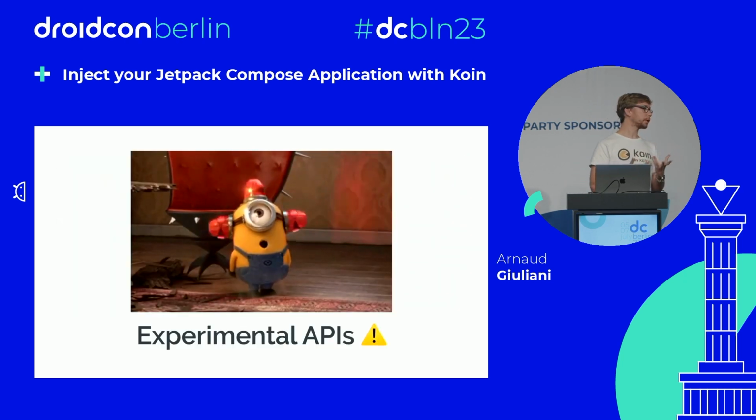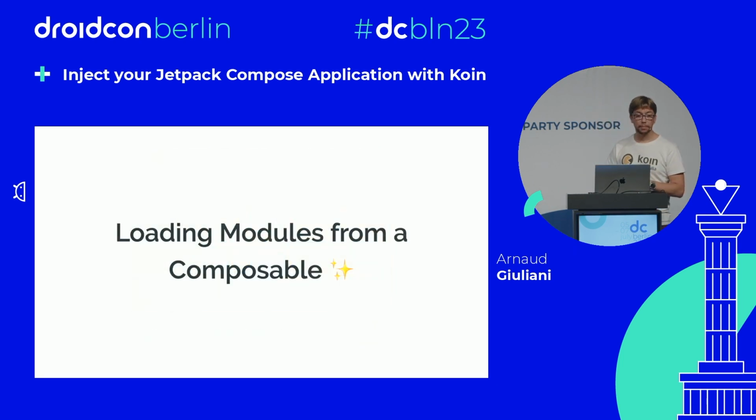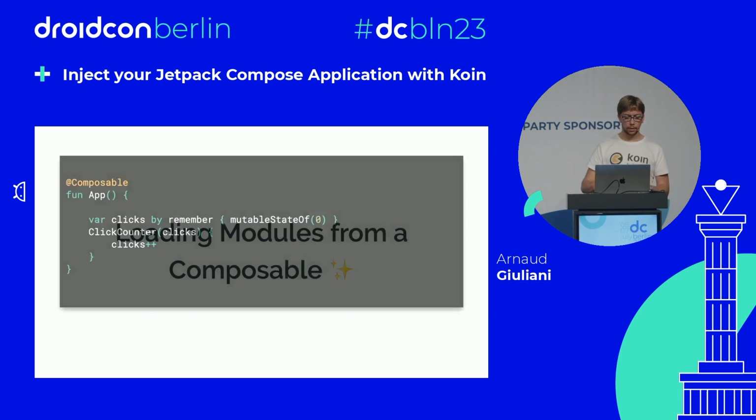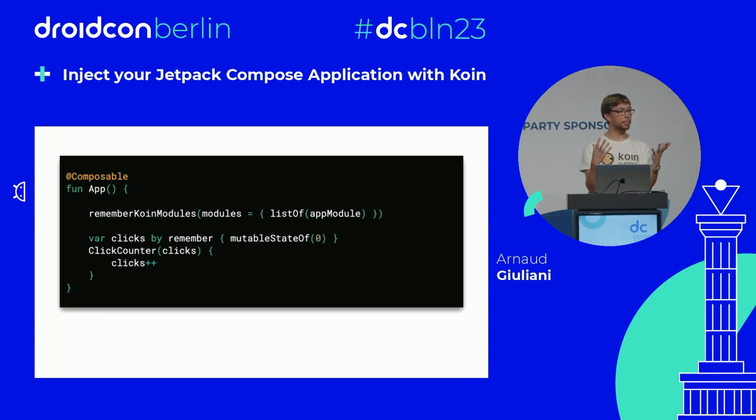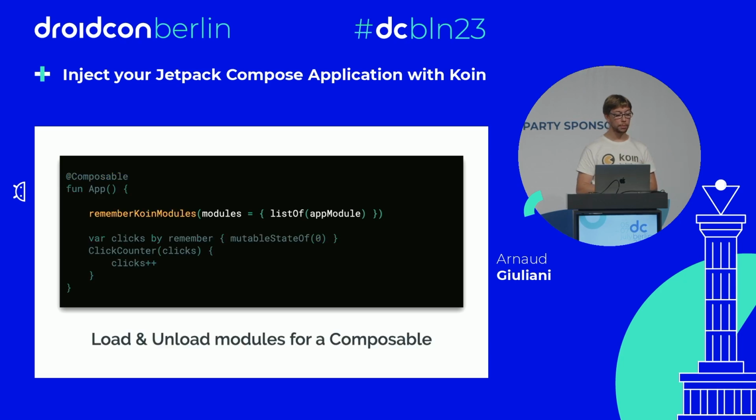There are a few experimental APIs. And one of them is the ability to load and unload modules from a composable. For example, on our super famous click counter composable, what we can do here for this app composable is that we can use remember Koin modules. That means that when we